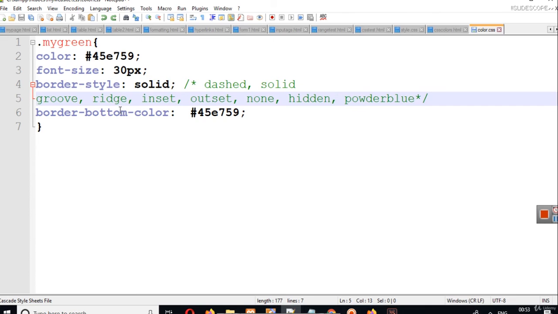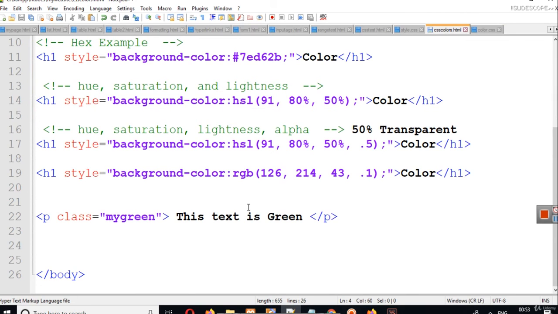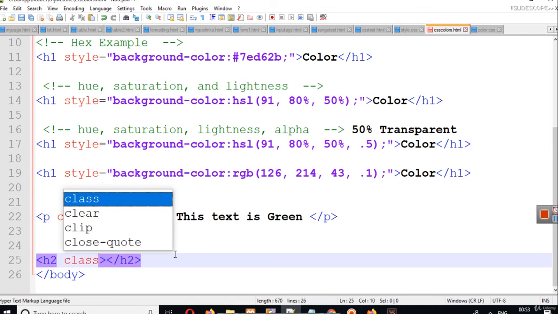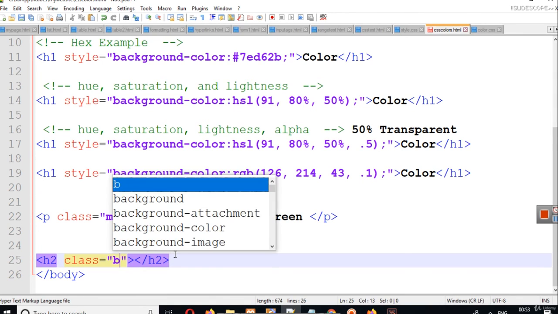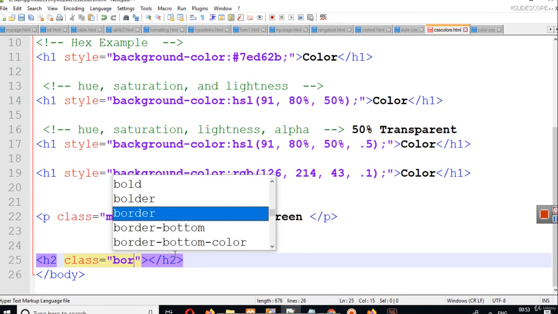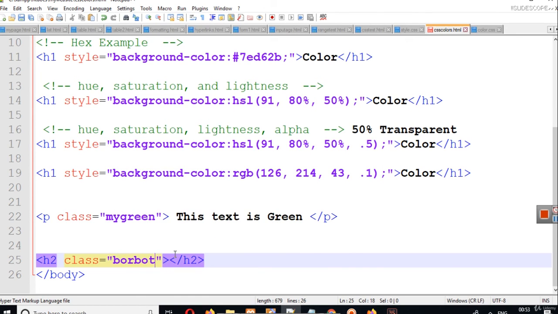Something like border bottom color works better on something like H1 or H2. Let's write H2 here, and I will give this H2 tag a class, let's say BORBOT.